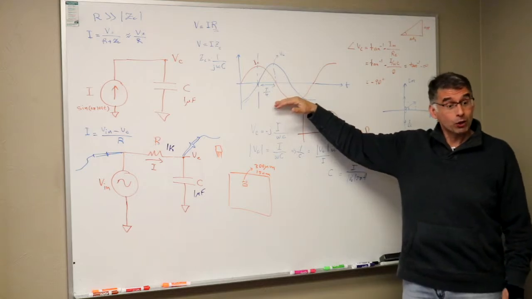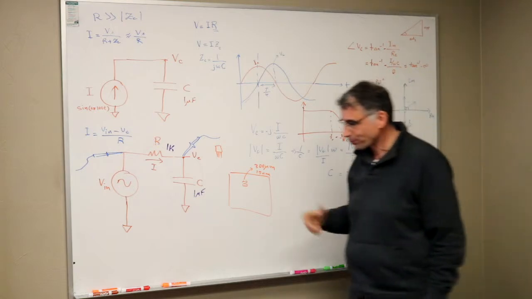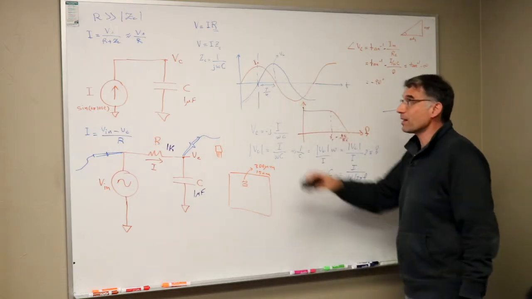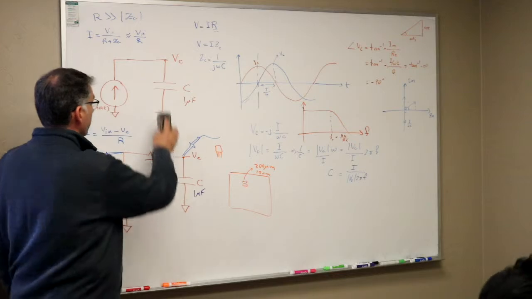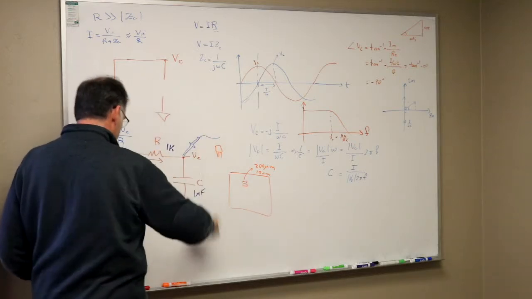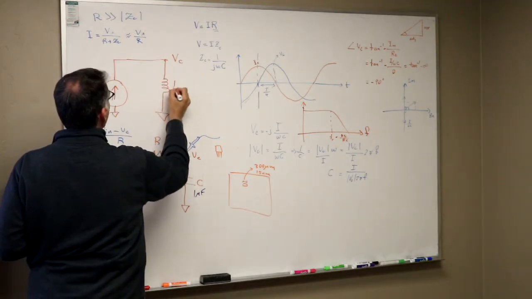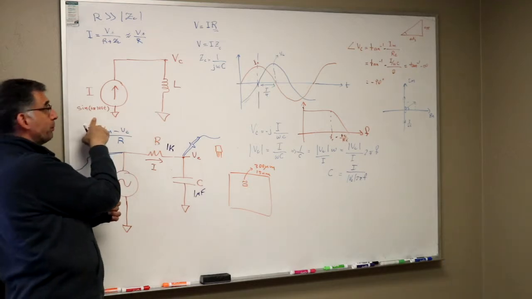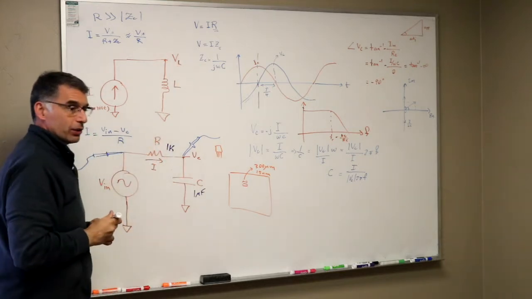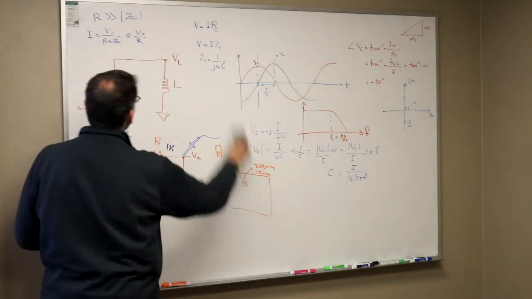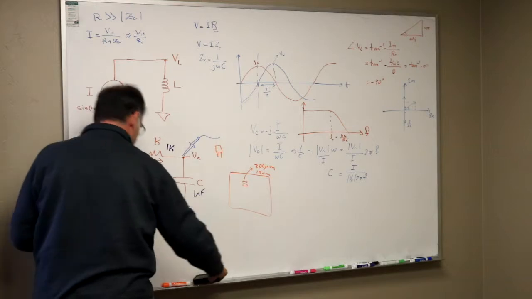So wasn't that cool? You actually saw a capacitor was causing this phase difference, right? So to take this further, naturally, we looked at a capacitor. We're going to look at an inductor. So if I replace this now with an inductor, again, I have my current source, I have my inductor, and I want to look at the voltage across the inductor, right? So if we go through the same thing as we did here, so first of all, to find the voltage across the inductor,